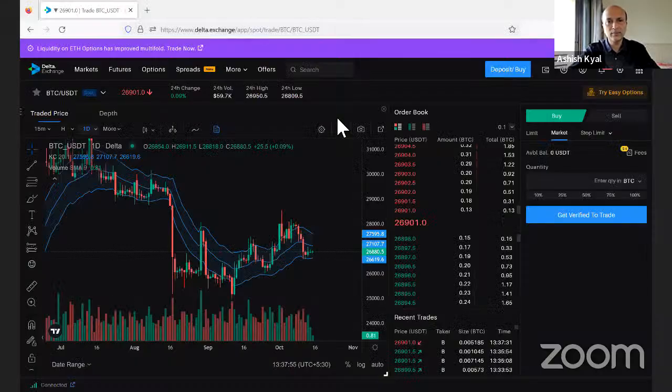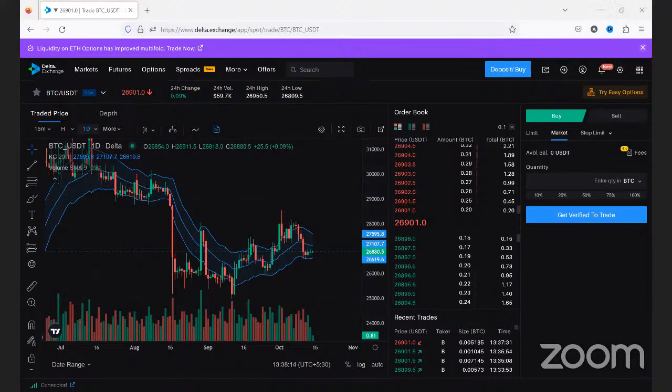This platform, by the way, is Delta Exchange, and it's a wonderful platform because I get a TradingView-like integration, where I can add indicators, and then we get some perspective on the options. We have liquid options and spreads too, so we can use any of those and trade the market. Right now, this is a daily chart of Bitcoin in USDT. USDT is a token, which is equivalent to Bitcoin against the US dollar.